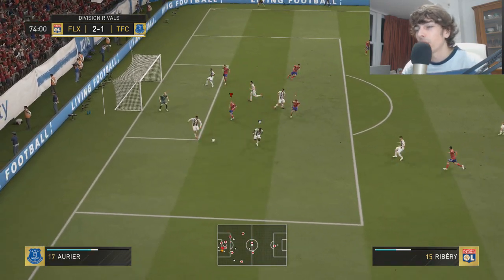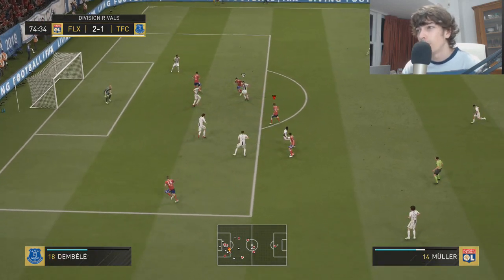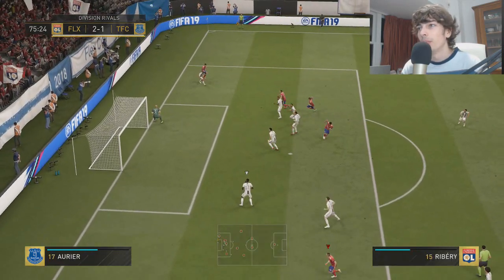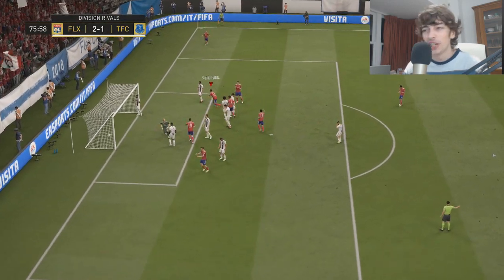We're running down this left-hand side with Ribery, who I was getting on really well with. I think he's got 5-star skill. Really good dribbling, too. Pace not the best with a Hunter Chem style. He seemed to be pretty sick, I'm not going to lie. Müller getting a shot away. Keeper saves. Bernardaschi goes out for a corner. And have a look at this. Whipped in, Mandzukic. What a...